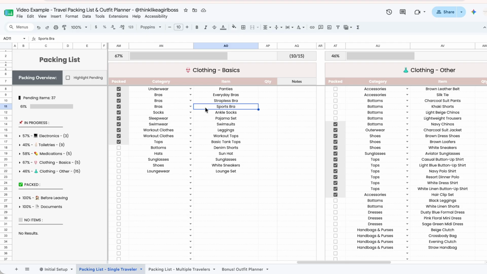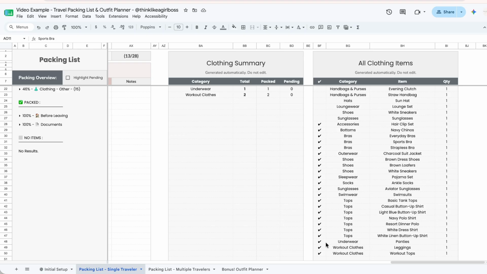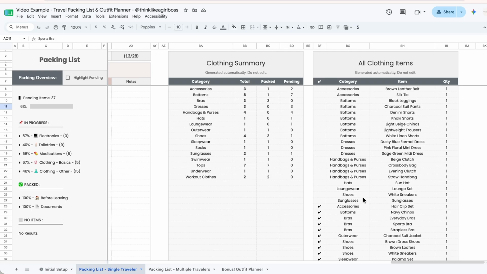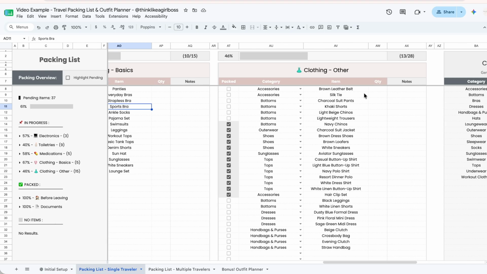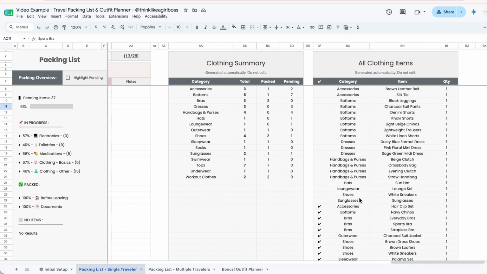And any items that you add to either of these tables will be automatically displayed in this all clothing items section. So anything that's already packed will be sent to the bottom and the rest will be sorted by category. So you can add items in whatever order you want in this list, and then you can view them always sorted by category